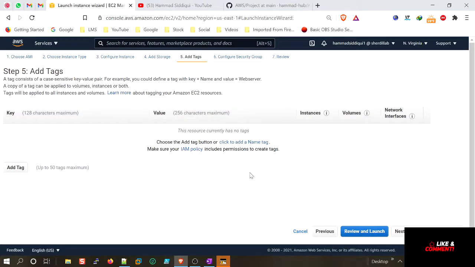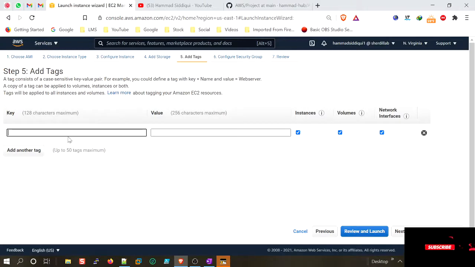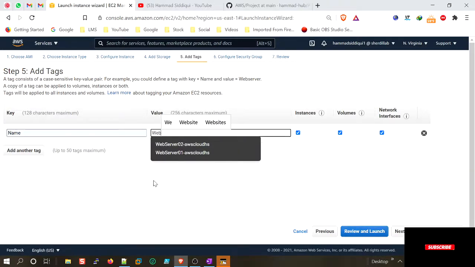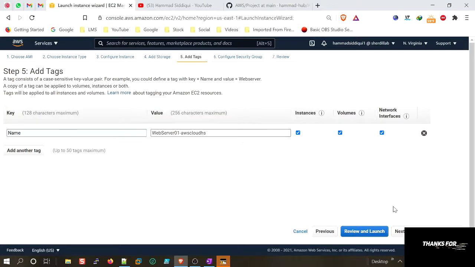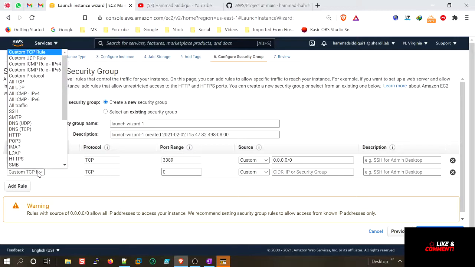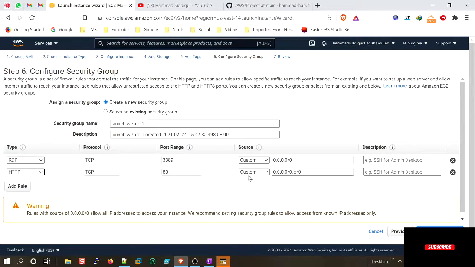Click next, and then you want to tag it, name, and I would do web 01. Click next, and for RDP we will allow 3389 to remote into the machine. We also will allow HTTP for the load balancer, once we get there. We'll just give them a name,